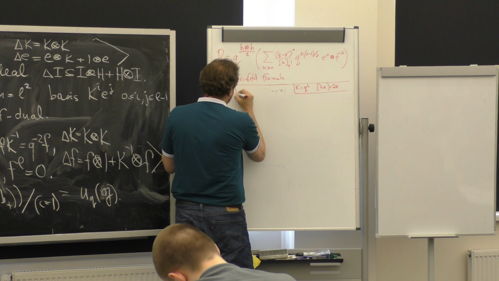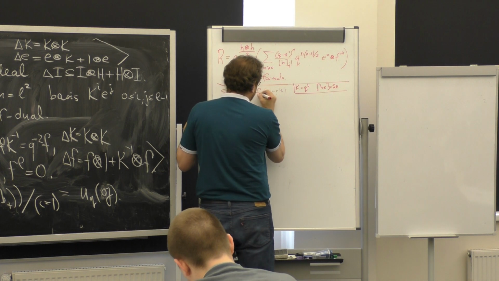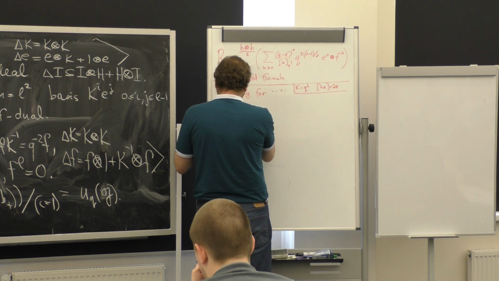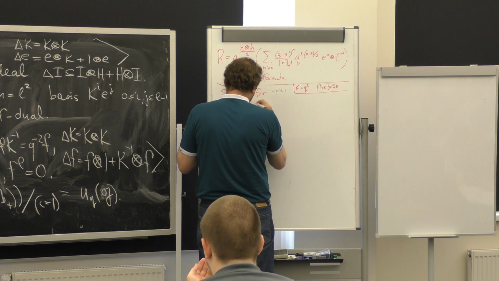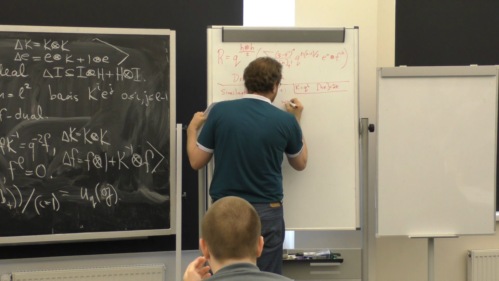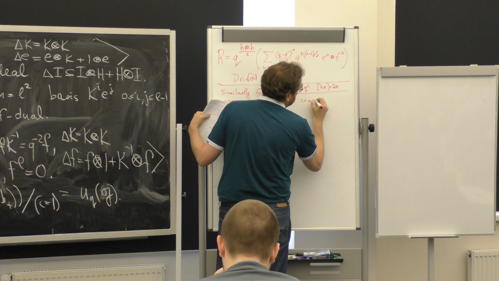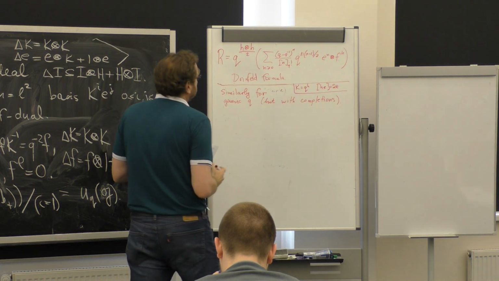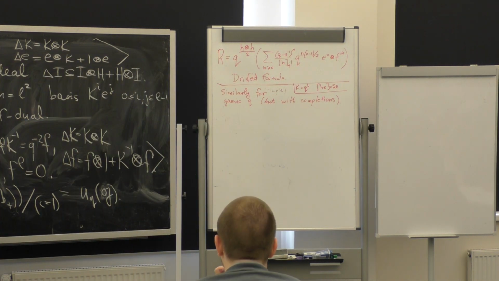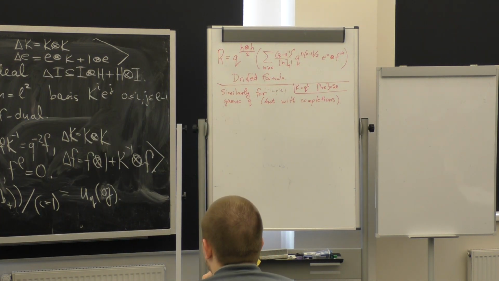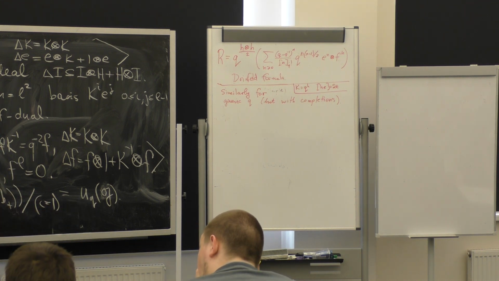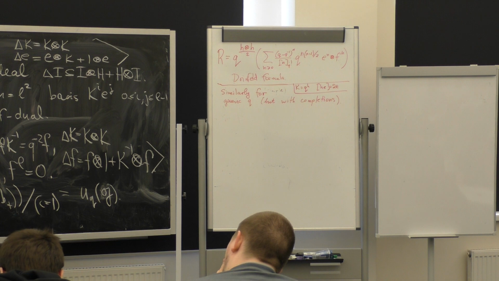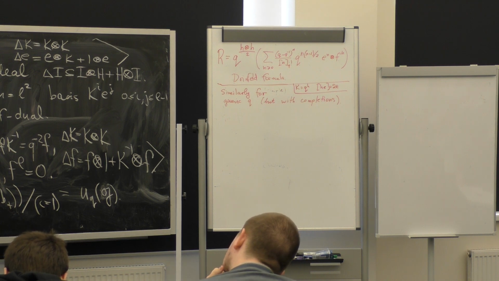Similarly, for generic Q, but with completions. So what will happen for generic Q is that we will not have the relations that k to the L equals 1 and e to the L equals 0. So this algebra will be infinite dimensional, and so this algebra will be topological, and we can replace it by